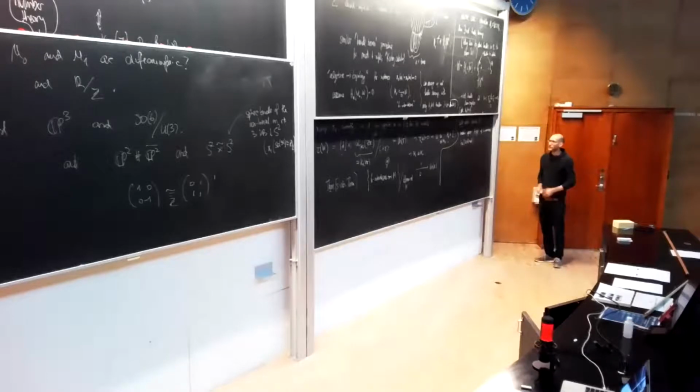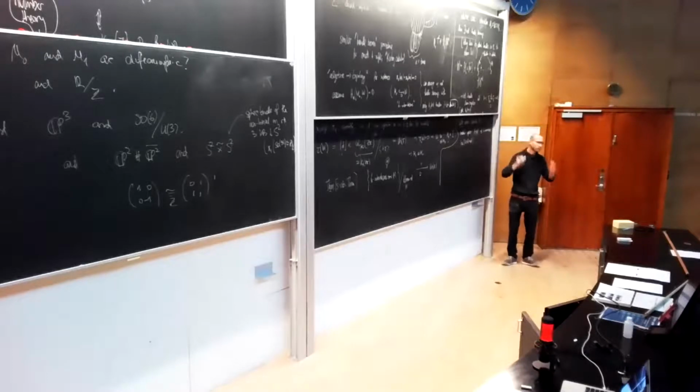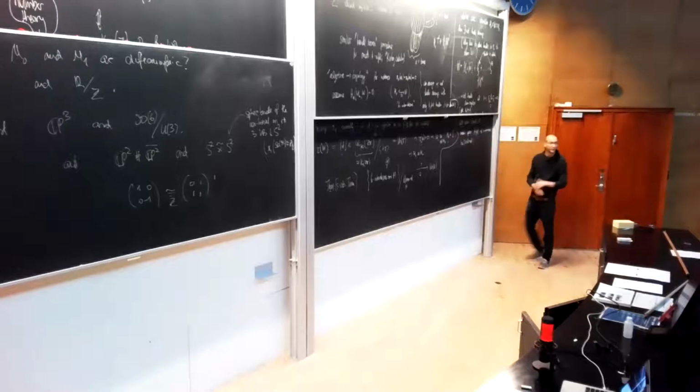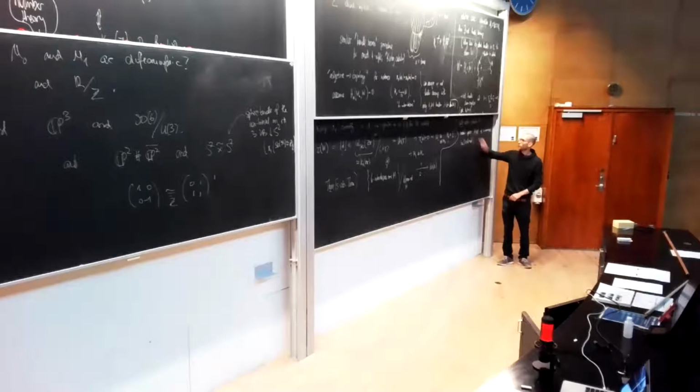And this space is interesting for at least two reasons. On the one hand, it's the classifying space for bundles of h-cobordisms. It could well be that we have a manifold all of whose h-cobordisms are trivial, but bundles might not be trivial. So this is going to be captured by the homotopy type of the space of h-cobordisms. But on the other hand, it also turns out, just as a side remark, that the loop space of this space of h-cobordisms is